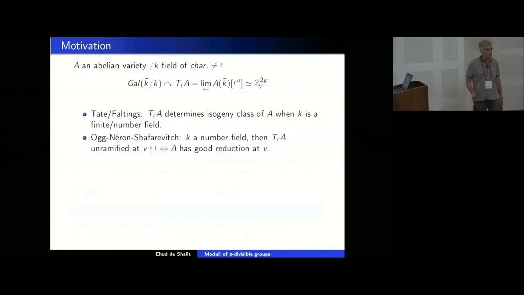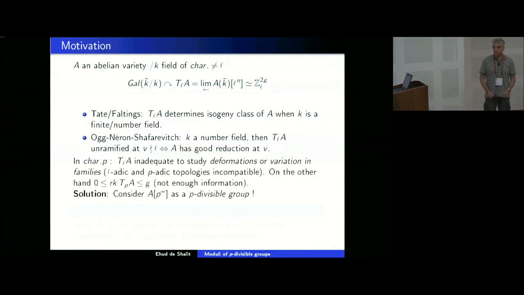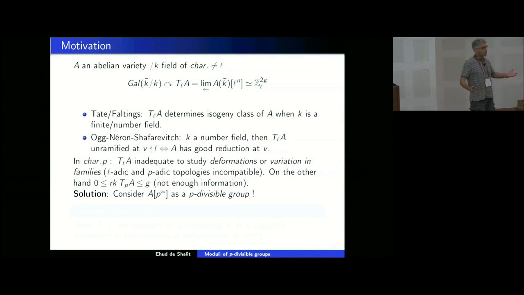However, if you want to study families and deformations over a p-adic base, in characteristic p or p-adically, then this homology, the l-adic homology of A, is inadequate, simply because the l-adic topology of the local system and the p-adic topology of the base, or the mod p topology, do not speak to each other. So if you're familiar with Hodge theory over the complex numbers, well, one does the same thing. Everything is complex. They do speak to each other. Here they do not. So you may ask, why not use the p-adic Tate module?